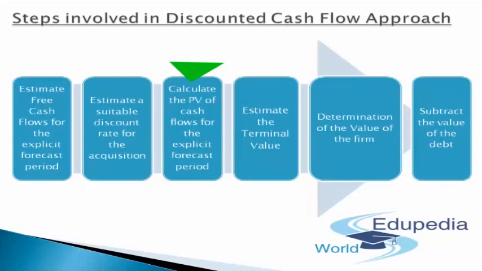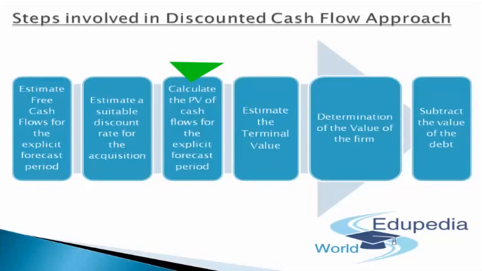Hence, cash flows are explicitly computed for a finite period of time, which is known as the explicit forecast period. And the continuing value of the firm at the end of such period is computed, which is usually known as the terminal value. The forecast period is set in such a way that the company reaches a stable or steady state at its end, and the growth rate remains constant in perpetuity. So that's how it's done. With this methodology, you can calculate the present value of the cash flows for the explicit forecast period, which is not infinite, but goes toward infinite.